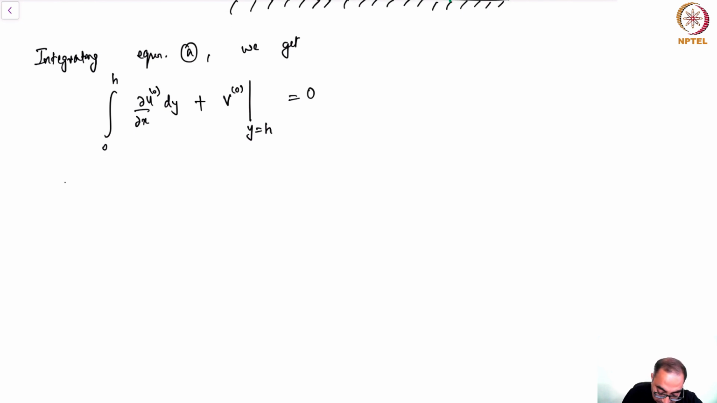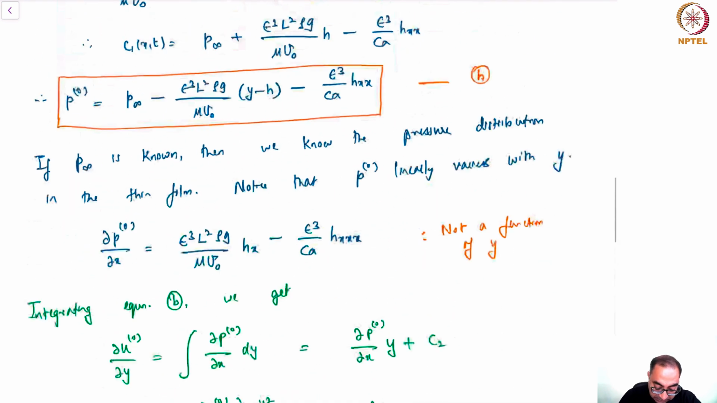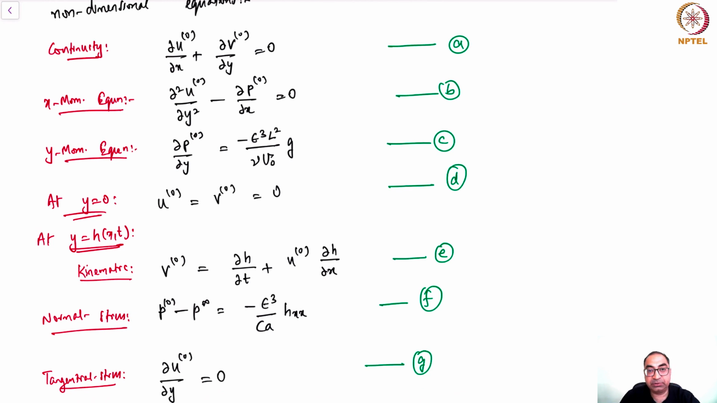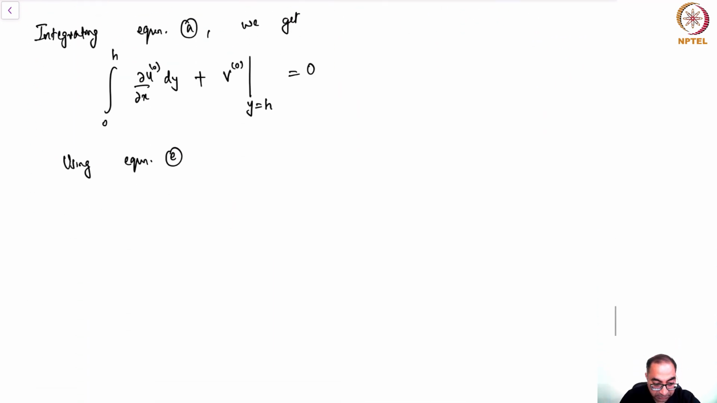Now using equation E. And what is equation E for us? Equation E is the kinematic condition, right? So the kinematic condition says, let me just show this again here, the kinematic condition essentially says V0 is ∂h/∂t plus u0 ∂h/∂x, right? So I have V here, so I can substitute for V in terms of